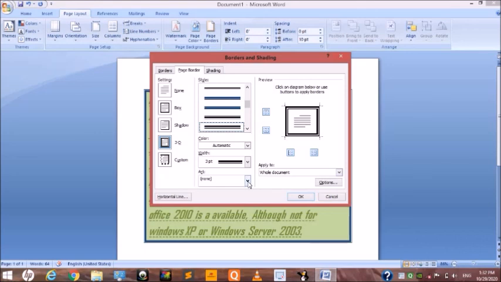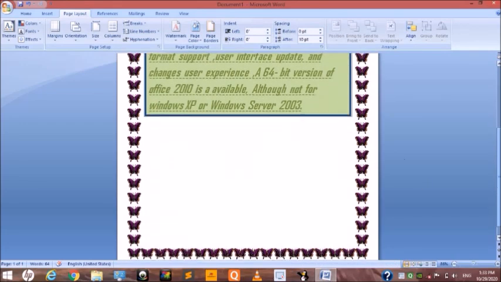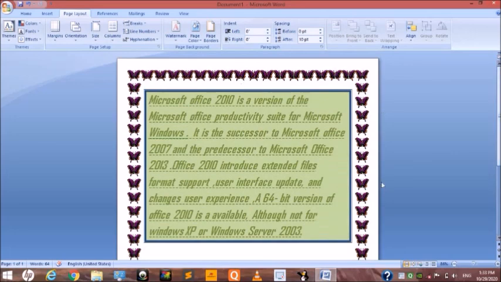You can also choose the art form. Look here, I choose any art, you can choose as you need. Apply to the whole document and click the OK button. Look here, in this way the border is applied to the whole page.